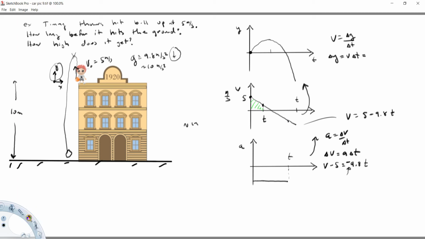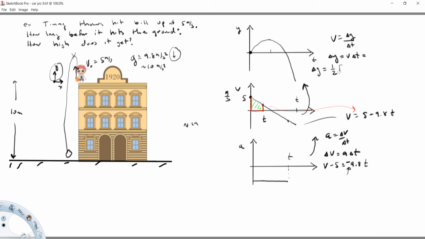Now, the kicker here is using this area. And this is a trapezoid. So when we do the area, here's the left-hand side of the trapezoid, which has a length of 5. Here's the right-hand side, which has a length described by this equation. And there's our time. So when we do this area calculation, we're going to get change in y equals